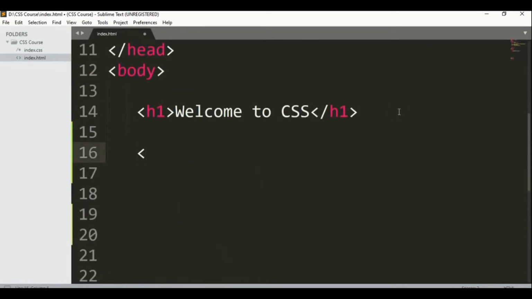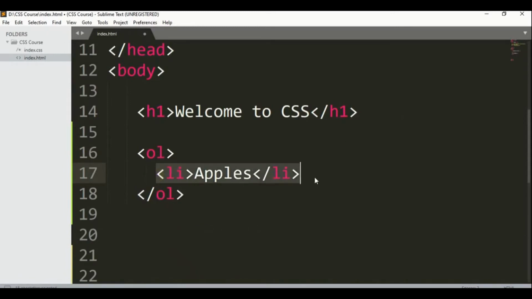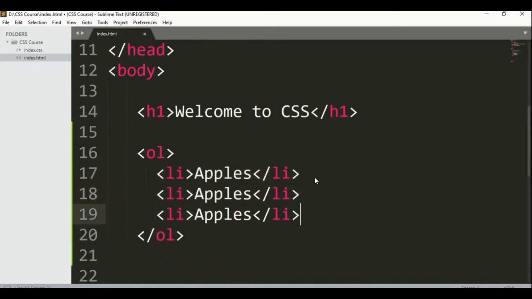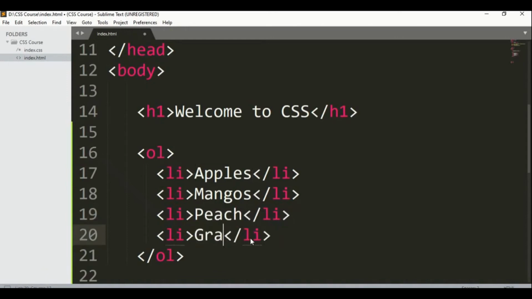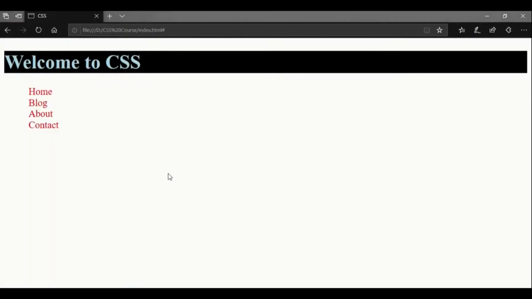Let's say OL, order list. Let's say apples, and let me copy this one. Okay, apples, mangoes, and peach, and last one, let's say grapes. Guys, save it and refresh it. Here you can say we got it ordered list: apple, mangoes, peach, grapes, like 1 2 3 4